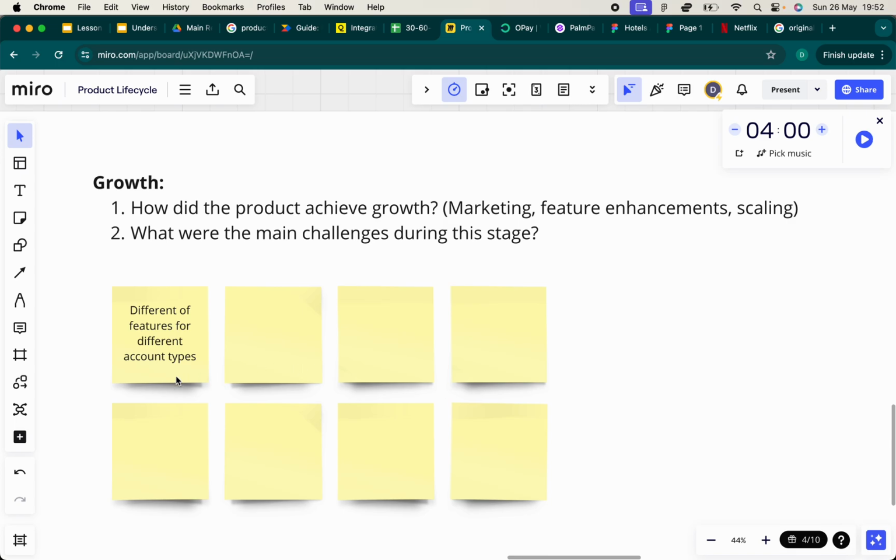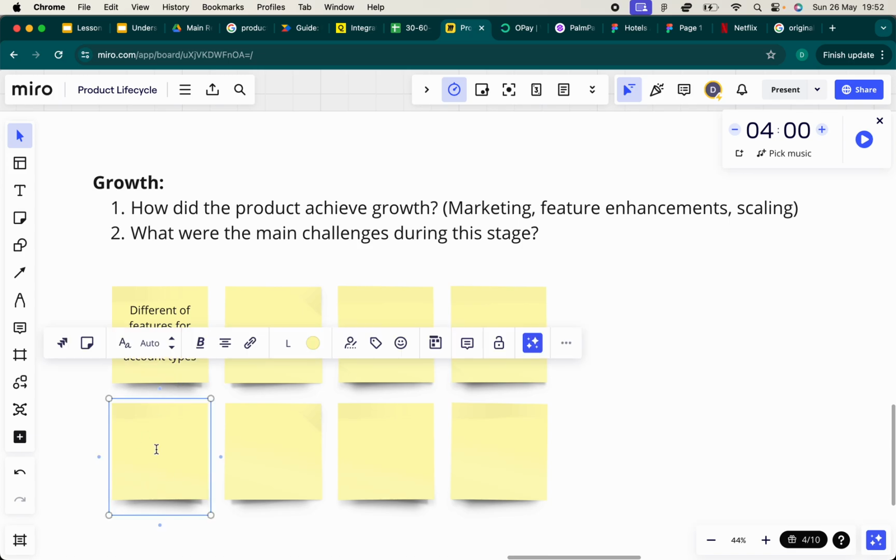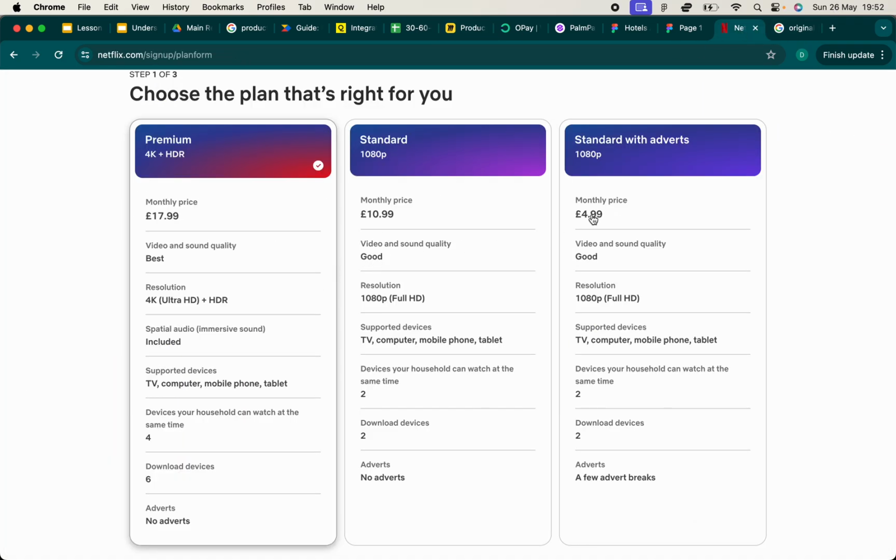Okay, so what were the challenges during this phase? In the growth phase, it's how do we attract more customers? That was one of the key challenges for Netflix. How do they continue to attract more customers? So what they did was to distinguish the prices, to charge different prices. So you keep a basic one in what's known as standard, and therefore there are different ways to make money. They make money from ads, from adverts, and they also make money from users signing up.